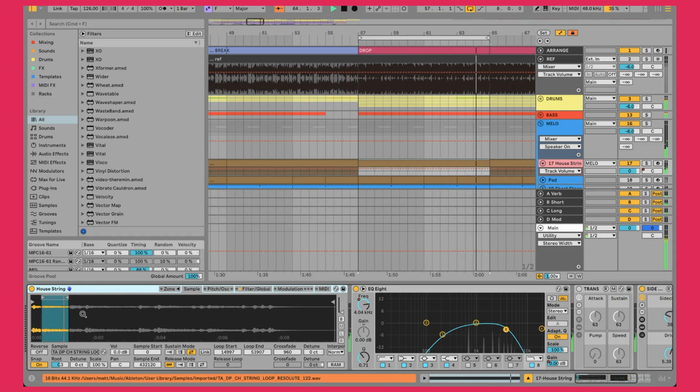So it's just like a house string sample, and I've set it up so that it's doing this sustain mode here. So the initial note plays, and then it kind of moves back and forth, so it sounds like it can go forever. So that's a little trick you can do here. This is with the sampler, not with the simpler. If you grab the project files, you can just take this house string. It's pretty useful to throw into everything.